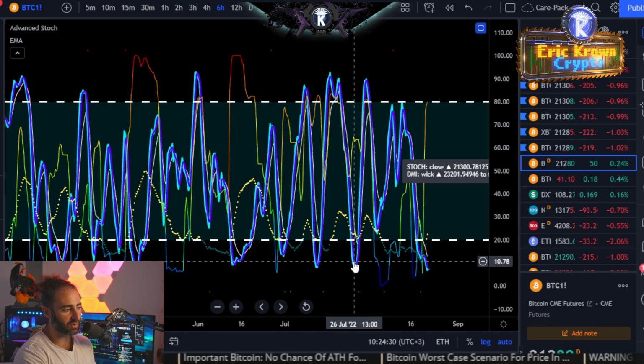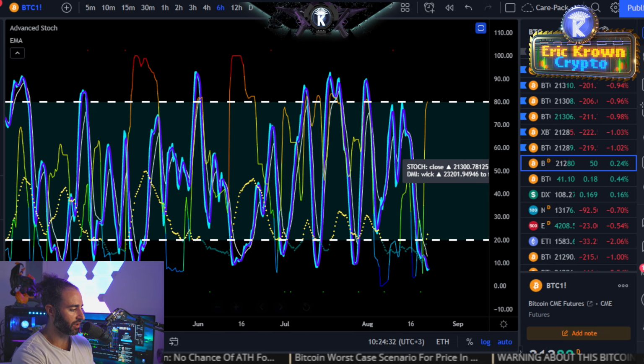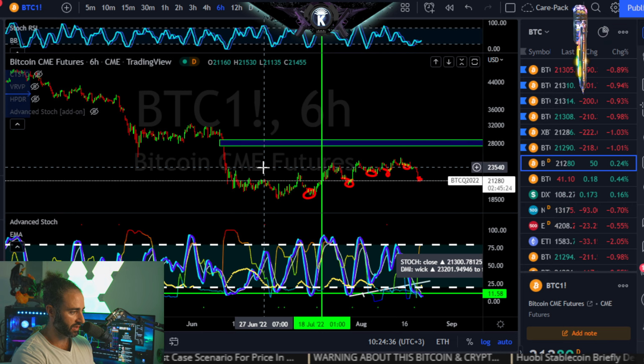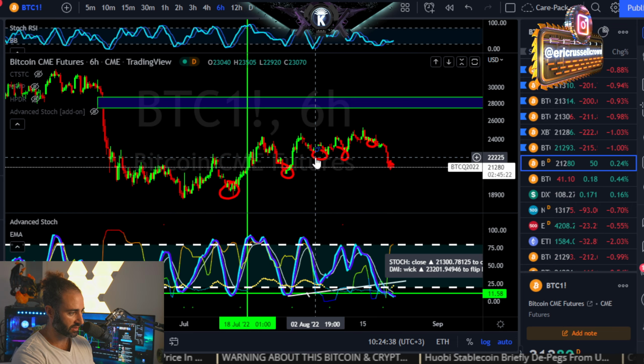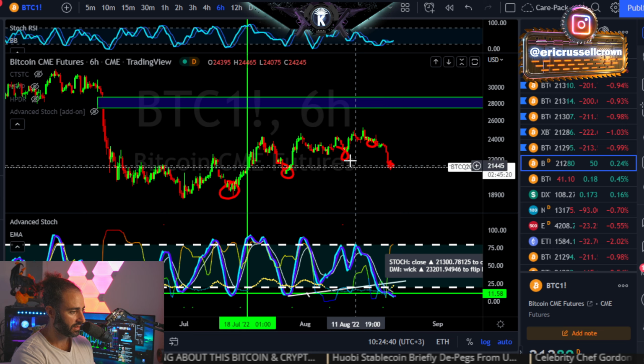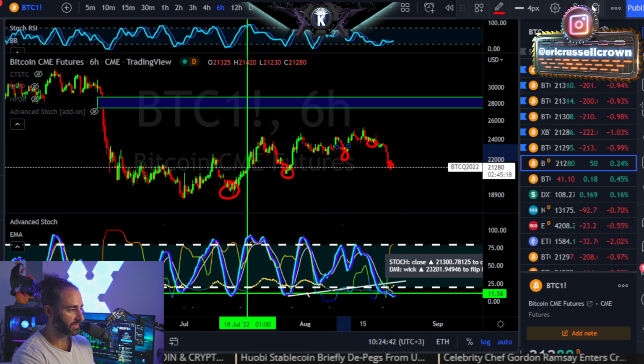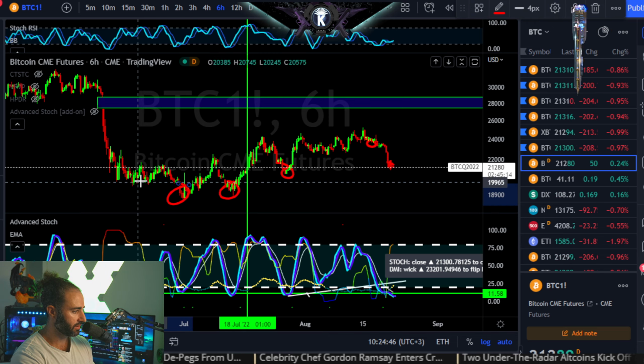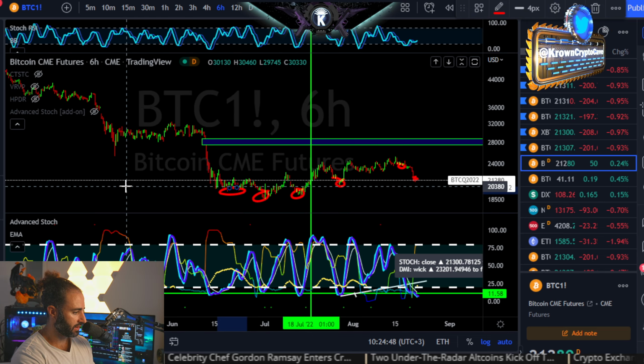When the 6 hour gets into these sort of regions, we have observed many bounces in the past. I'll just mark off a few of them right here, or I already have marked off a few of them. Actually, these do not count for the 6 hour, but it would be this one. We have another one right here, and any other ones?